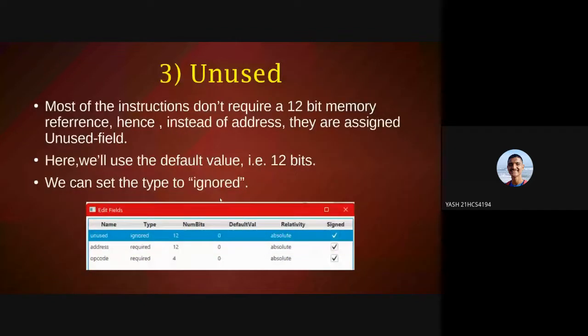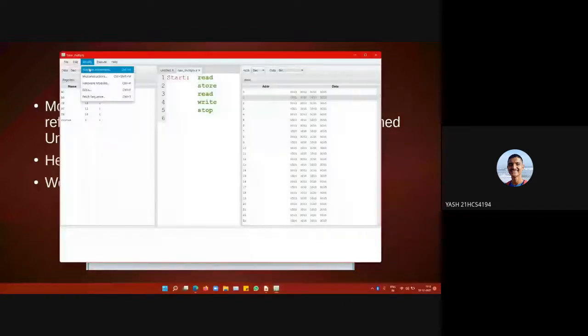Now the third is unused. We can set it to ignored. For most of the instructions, only the operation code is required, since we are dealing directly with the registers, so no memory reference is required. Except for the 4 bits of the OP code, we set the rest of them as unused.